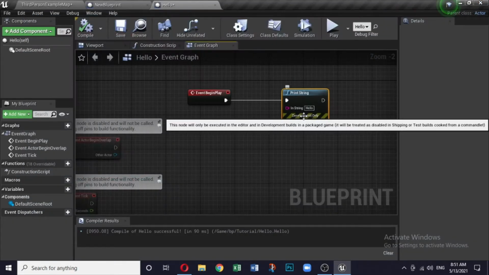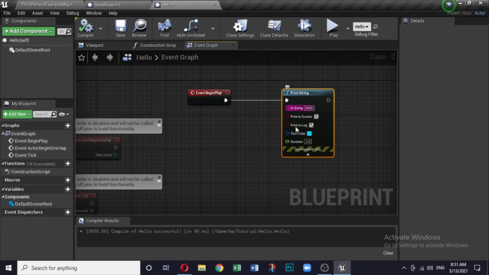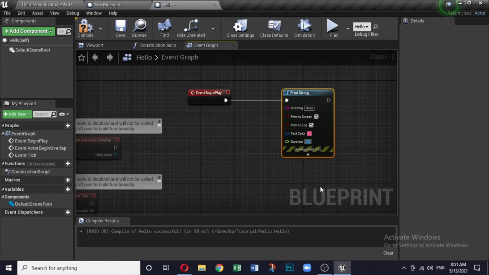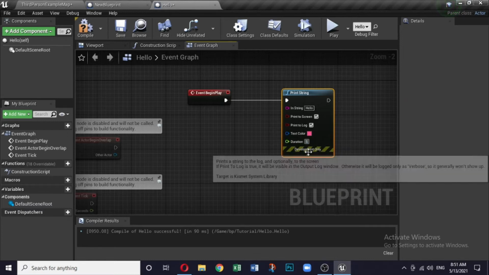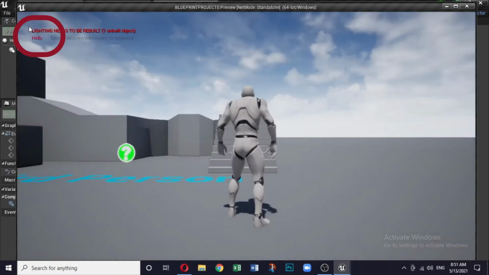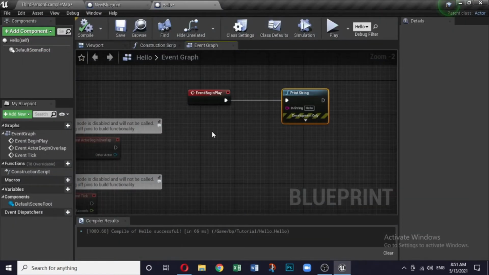Now, if you drop down, there are a couple of options. The text color, by default it is a sort of blue green, you can make it red. That is one. And the duration is 2 seconds. If you want to keep it for a longer period of time, say for example 5 seconds, you can make the change, compile it again and play. Here you can see this hello world is coming up. So that's quite simple. Now these are the things which you can control.